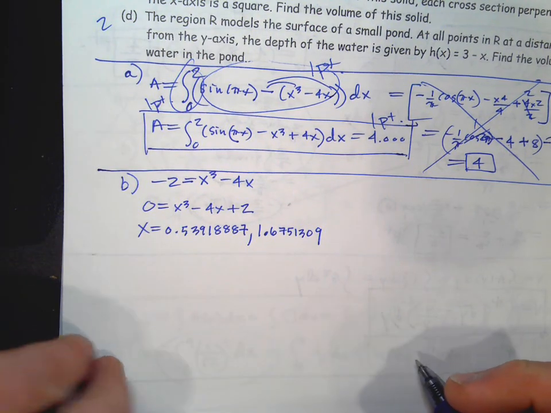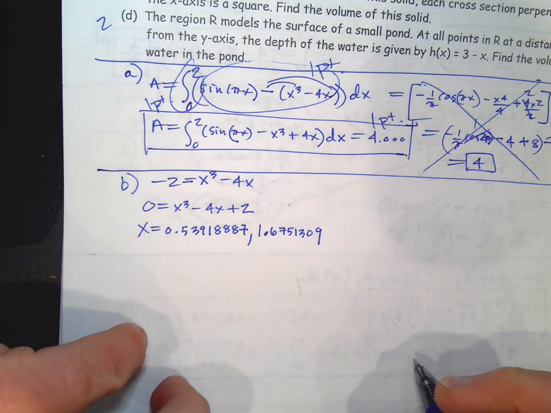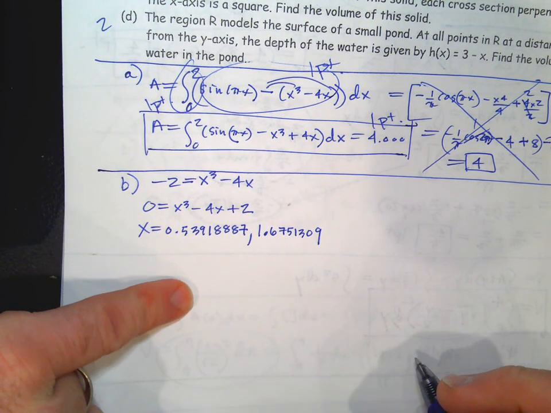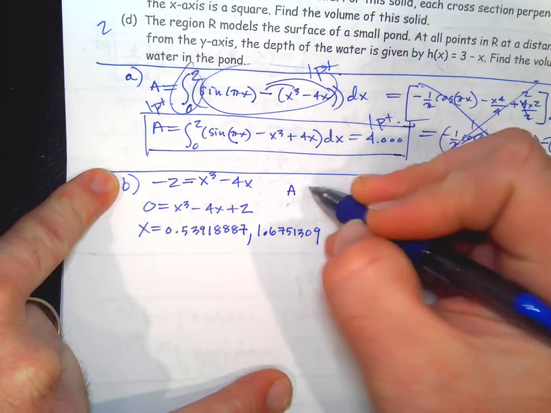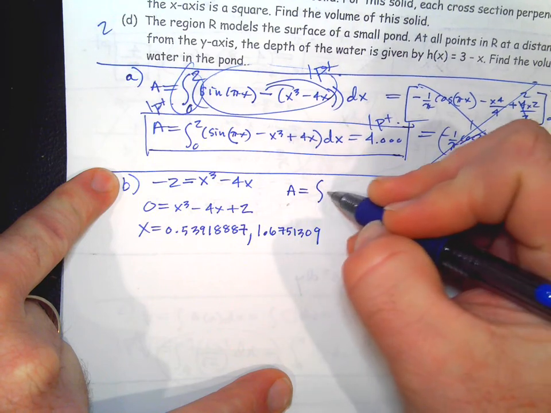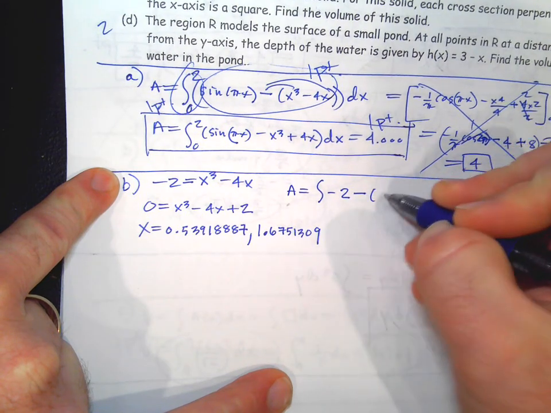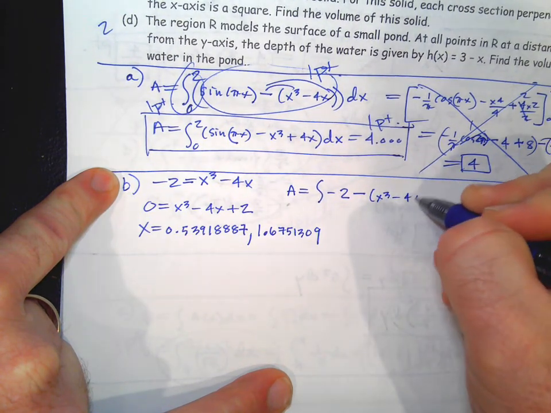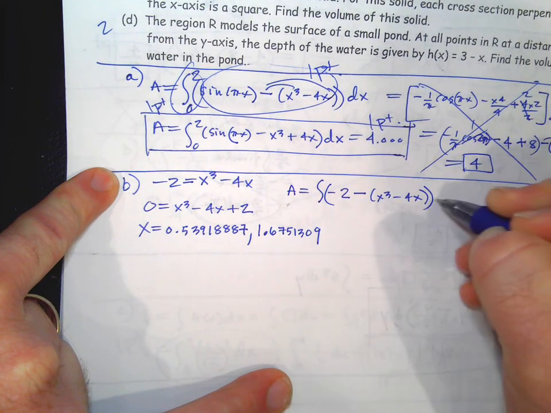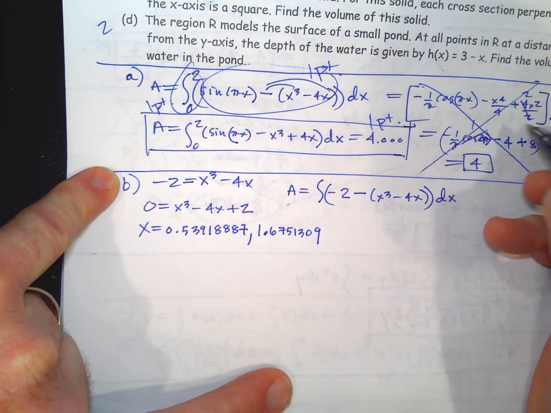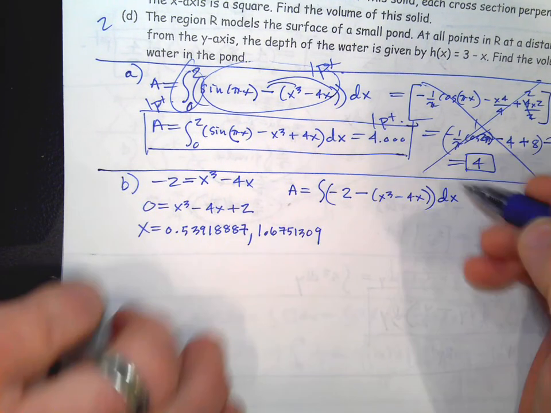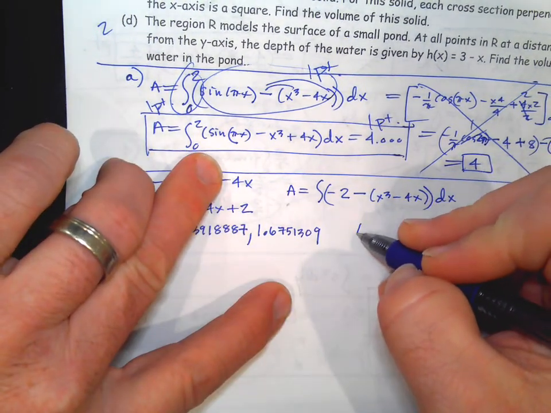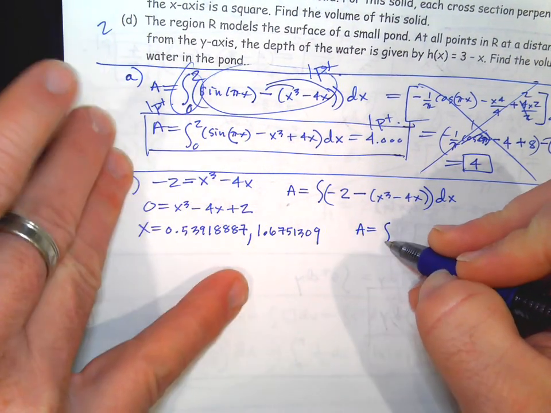So there we go. Now to find the area, it's going to be y top, which is just negative 2 all the time, minus y bottom, which is x cubed minus 4x. Use parentheses around everything, dx. And we're going to integrate between these two values. So the area equals, we're going to go left to right,